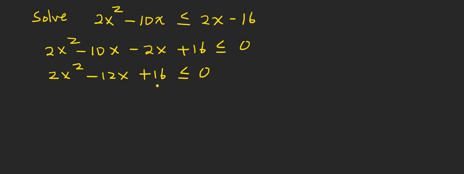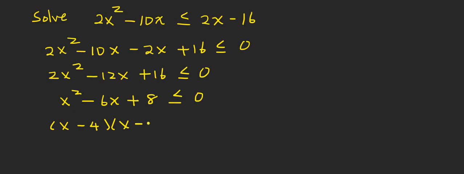All right, now we could divide everything by 2. Since you're dividing by positive 2, you don't have to change the direction of the inequality sign. If you were dividing by a negative, then you would have to change the sign. So when you divide everything by positive 2, you get x squared minus 6x plus 8. The direction of the inequality sign does not change since you are dividing by a positive. Now, this is factorable, so you get (x minus 4)(x minus 2)